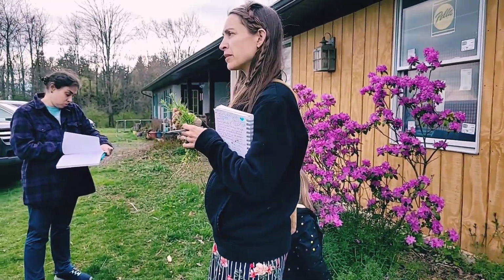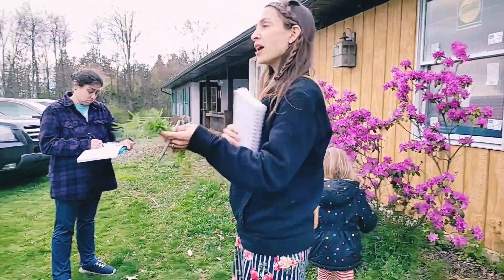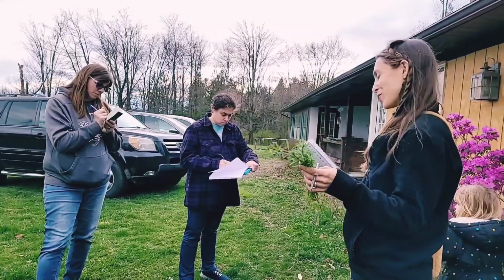And I know they're not big seeds. They're not as big as a coffee bean, but I am going to try this. So